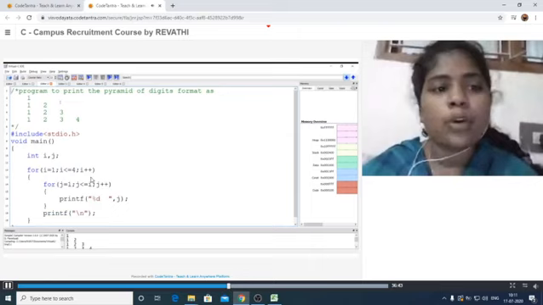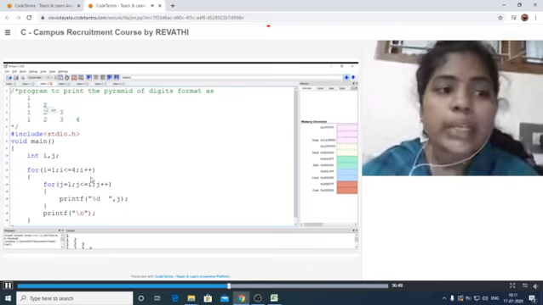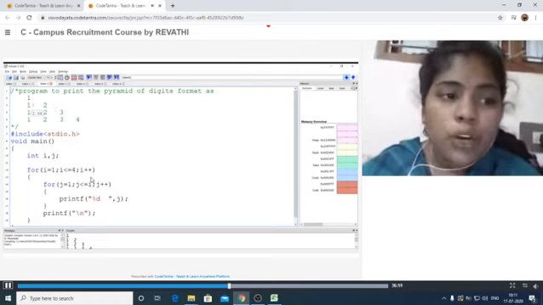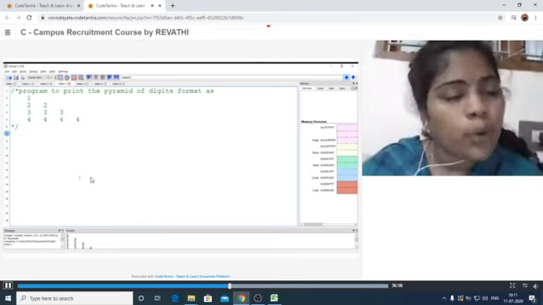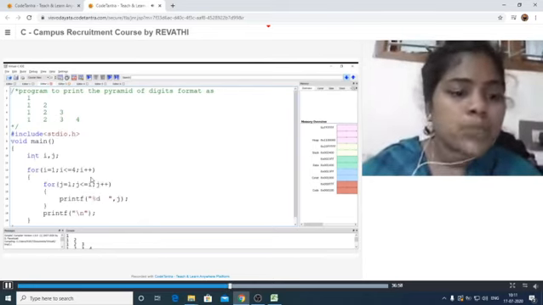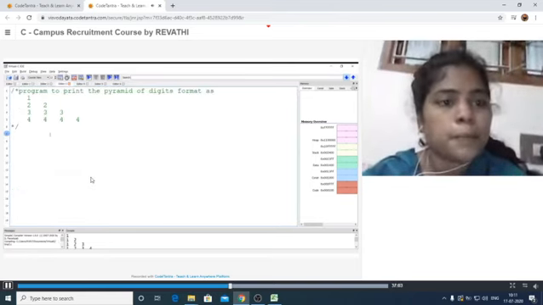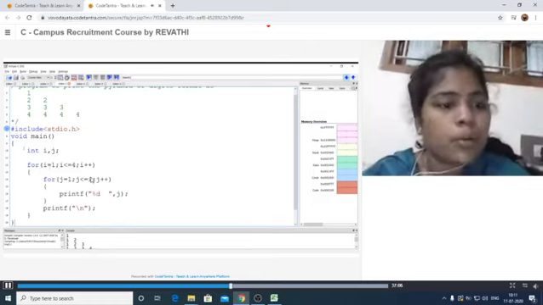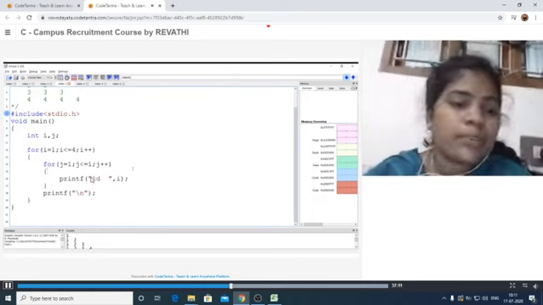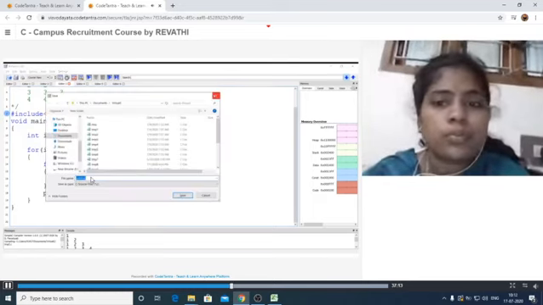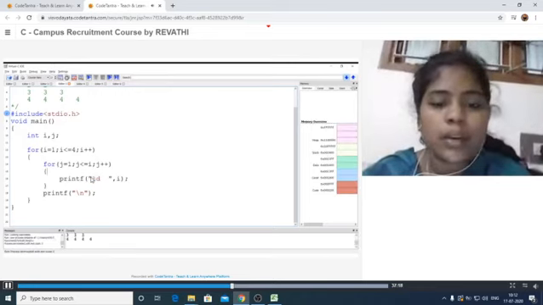Okay, we have to observe one thing. Here it is iterating, that means it is printing the j values. Whenever we want to print the same value as the result, we have to take it as the i value. The program is the same as it is, but we just have to change. See, I am taking the same program. The program is as it is, but in place of this j, let us take it as i. That is the difference only. Let us observe. I am executing this one. Next, enter into this one. Let us see here.